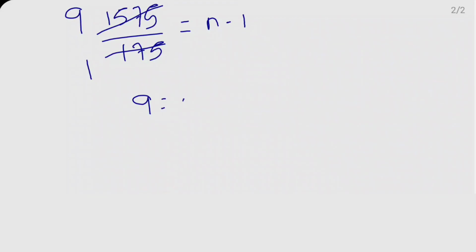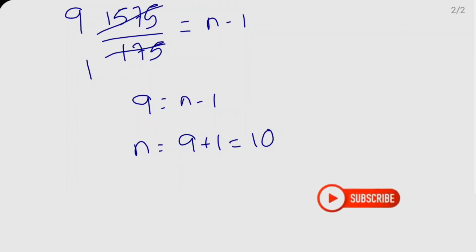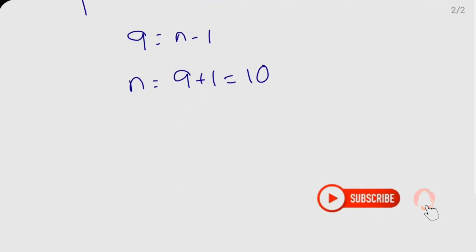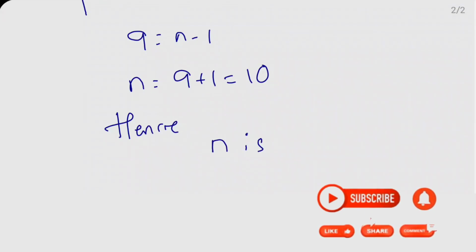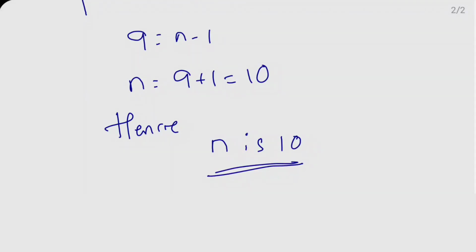So now write down the remaining terms. So 9 equals n minus 1. So minus 1 comes to the LHS side, it becomes a plus. So n equals 9 plus 1, so n is 10. So n is 10 here. In the nth week, her saving becomes 20.75 rupees. So write down the conclusion here. Hence, n is 10. They said here, find the n. So n is 10. Is it clear?